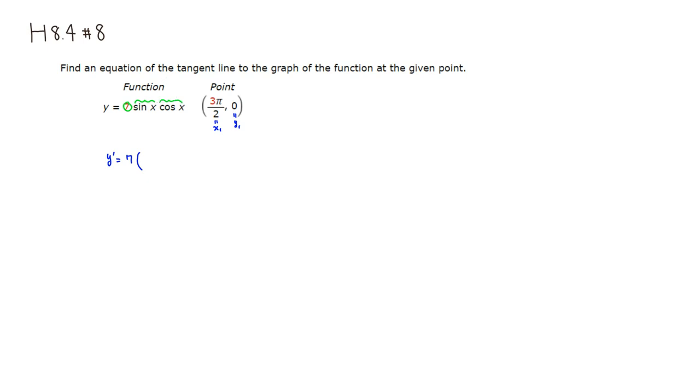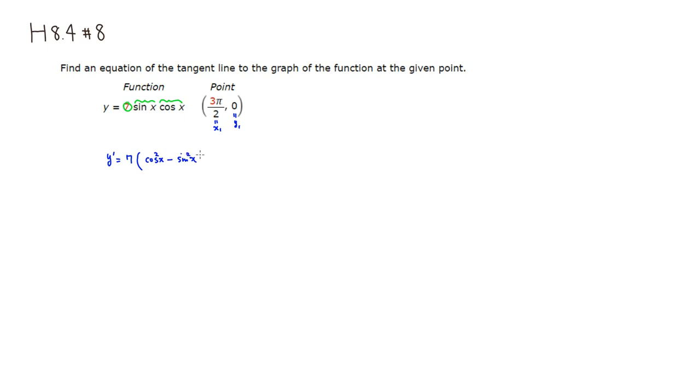Take the derivative of the first guy, you get cosine of x, times the second guy, cosine, so it's going to be cosine squared. Plus, the first guy is sine of x, times the derivative of cosine, which is negative sine, so this is going to be negative